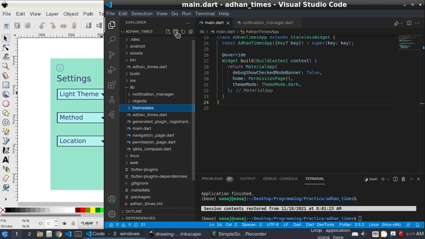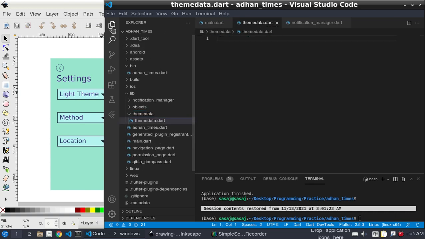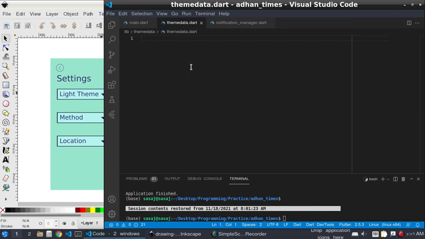Inside this theme data folder we will create a dart file, light theme data, where light theme is equal to